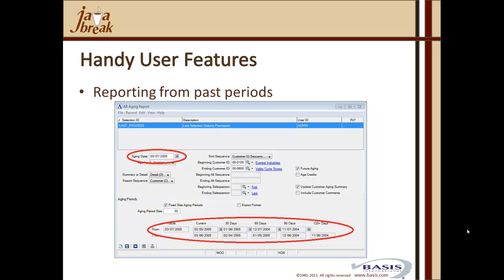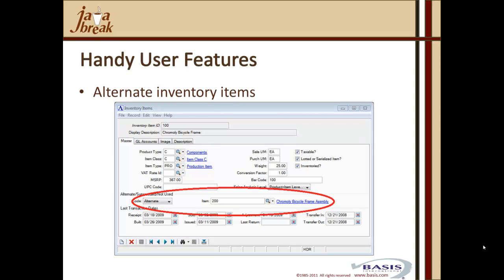Much of Add-on Software's reporting is free from the traditional constraints of period end or year-end processes. Here we show an AR aging report run for a period several years ago. Within the General Ledger module, financials can be run for prior, current, and future year. Inventory transaction reports can be run for any historical range. This flexibility reduces the crunch often associated with month or year-end closings and data reports. Alternate and superseded inventory items can be established within the system as substitute items